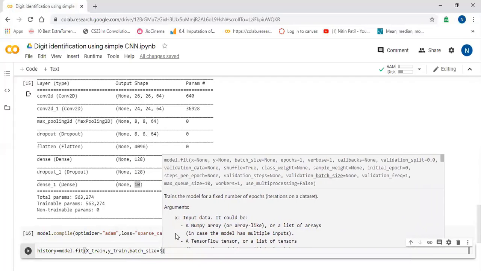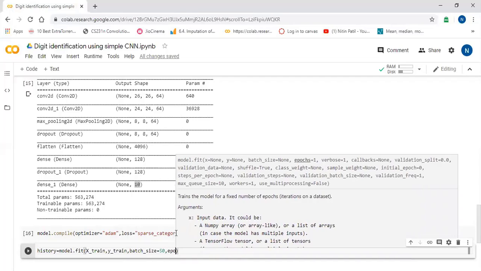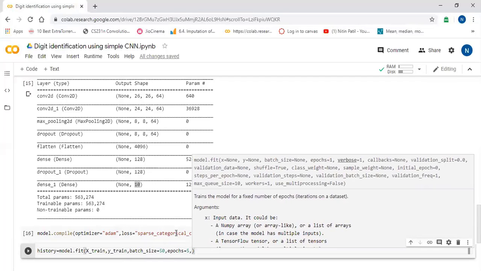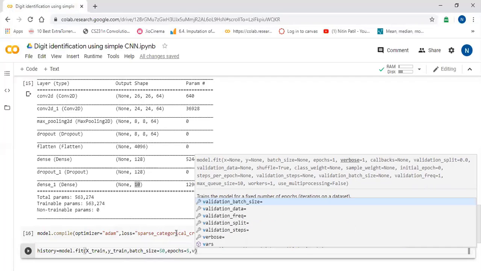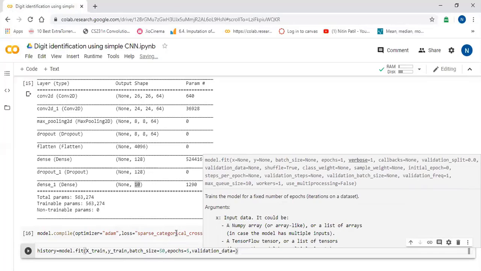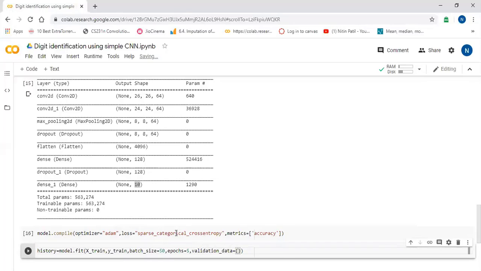Batch size I will say 50, and epochs I will say only 5 epochs because it will take time. And the validation data I will say x underscore test comma y underscore test.